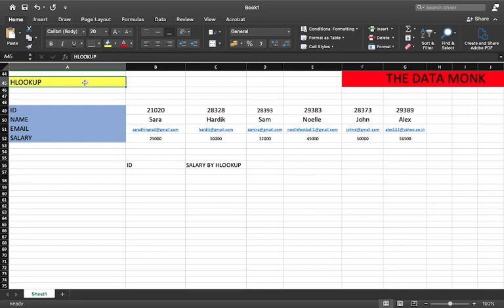We use this function to find and retrieve a value from data in a horizontal table. You can see the table here, it's horizontal. First we had ID, name, email, salary as columns. Now we have them as rows, and we have these values in the rows itself, right?